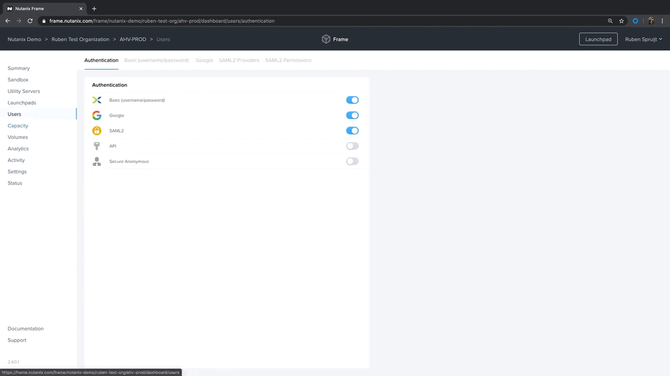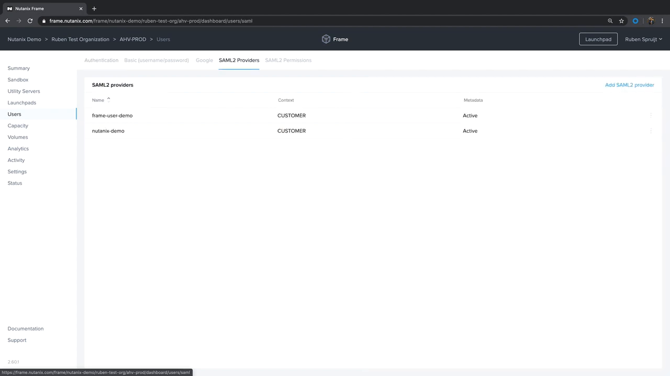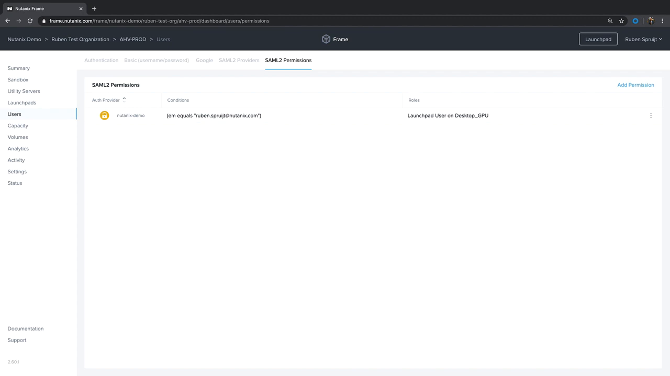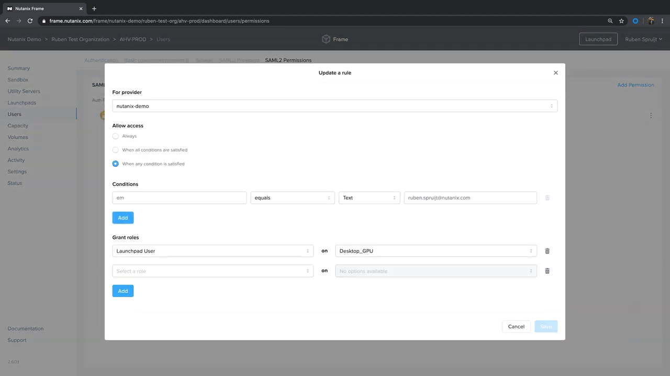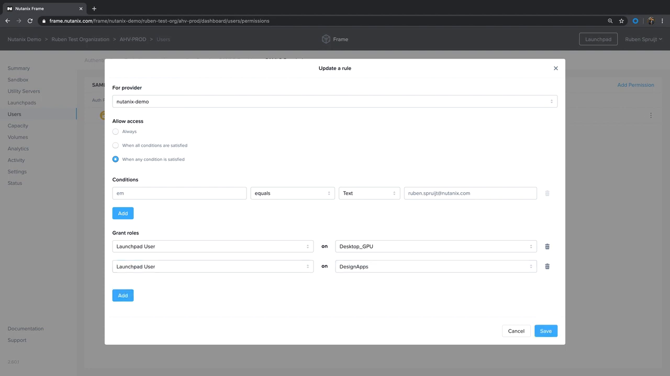Next thing is you want to attach users or groups of users configured in the identity system to that launchpad. In my example here, I already configured Google and two SAML2-based identity providers for this Frame account. I want to attach the launchpad I just defined to this demo user. Normally you want to do it on group level, not on a personal level, but for this showcase it's easy to do. I just add Launchpad user, and Design Apps is the launchpad we